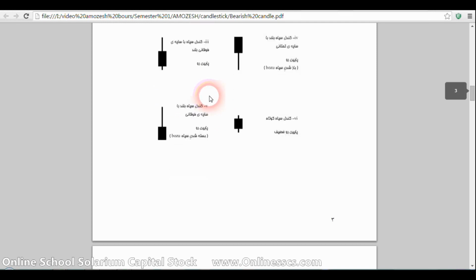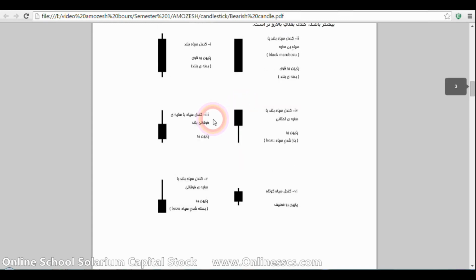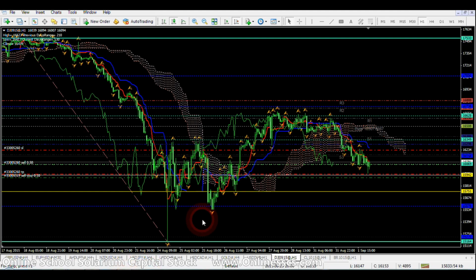I will tell you the theory form of it, and then we go to the practical thing. When this candle gets formed at the bottom of the chart, for example, let me open the chart for you, like this part. When it's at the bottom of the chart,